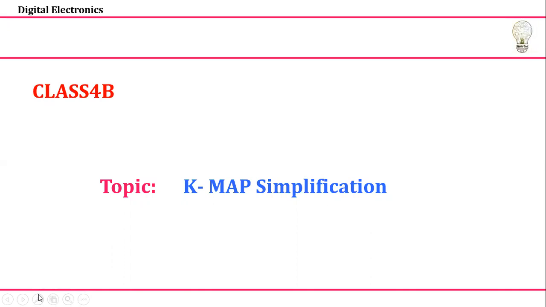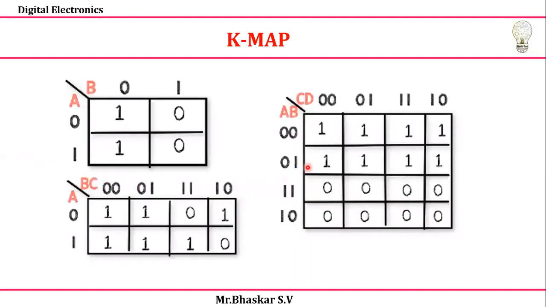In the previous video, we discussed how to represent the K-map, and in this video, we're looking at the K-map simplification process. Before coming to this, you should know how to represent SOP form, POS form, min terms and max terms in our K-map, and how to represent a two variable, three variable, and four variable K-map. This is what we discussed previously.